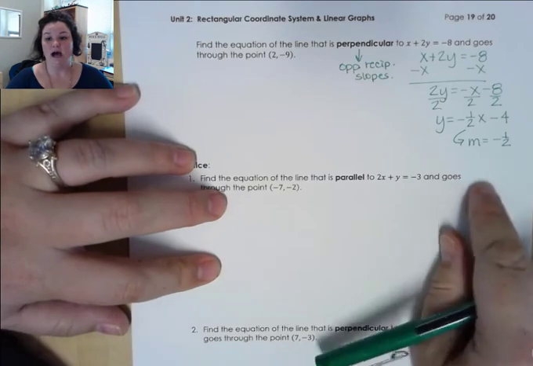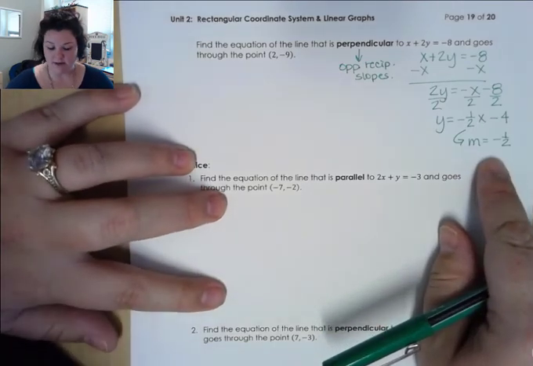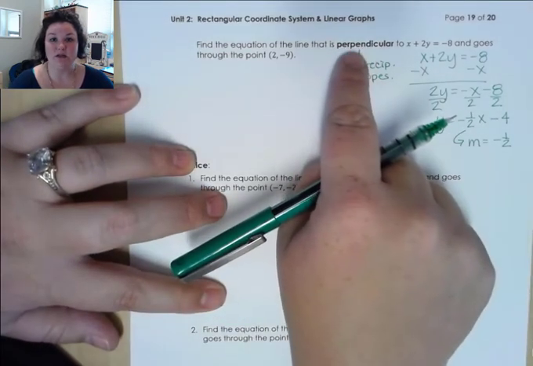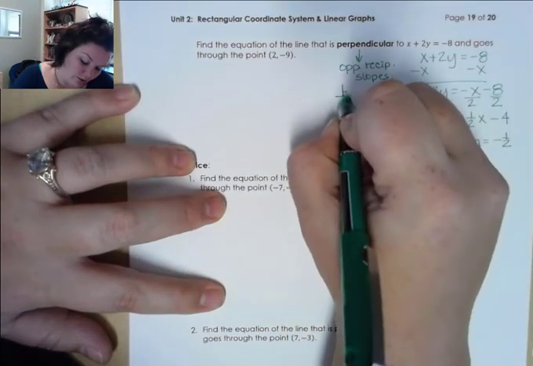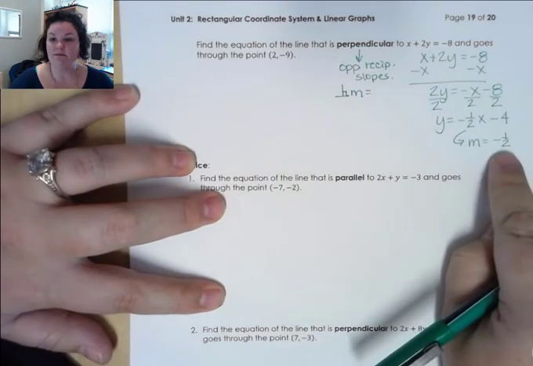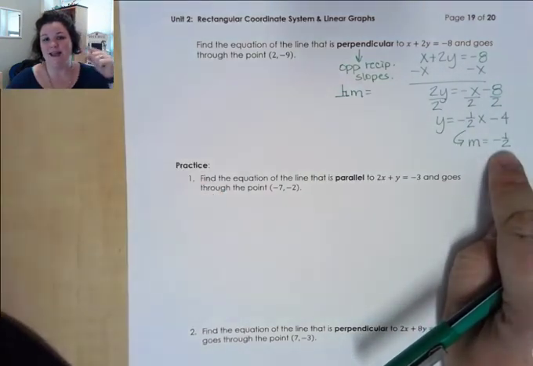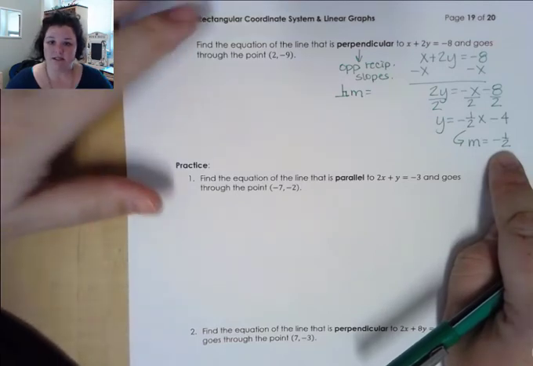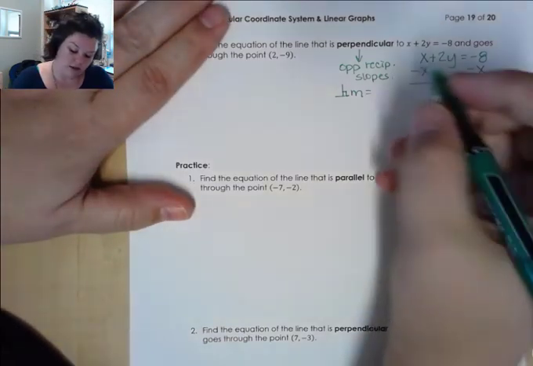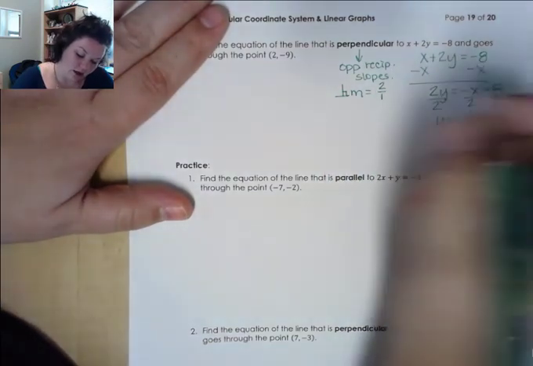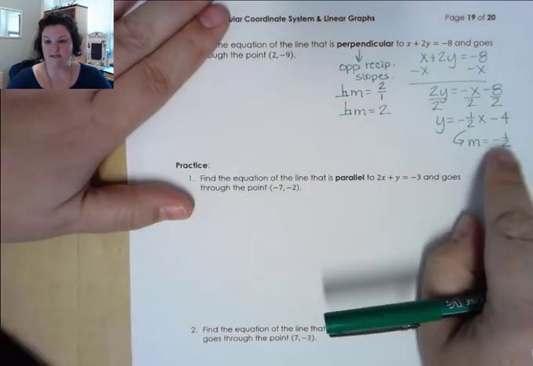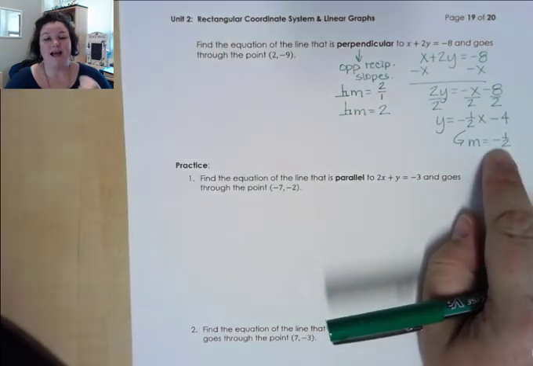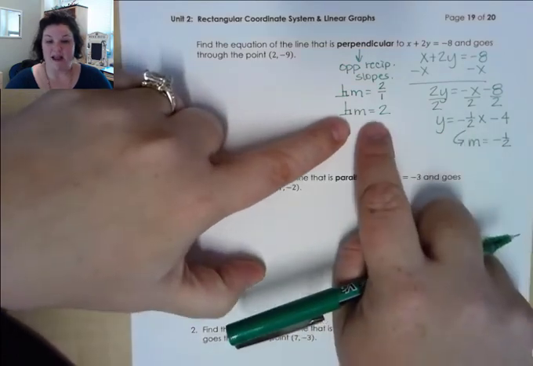Okay. Now, I don't want the same slope, right? Because I want my line to be perpendicular to it. So I want the opposite reciprocal slope. So my perpendicular slope, if I flip this upside down, I'll get negative 2/1. And then I have to change the sign, which will make it positive 2/1, right? Or in other words, my slope here is just 2. So I take the slope of this line, I flip it, I change the signs, and now I have my